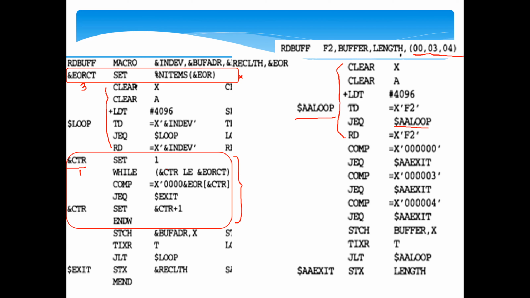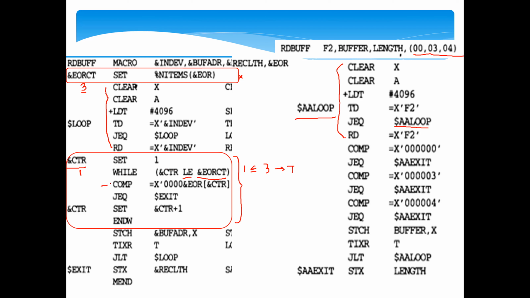So %WHILE, this is a condition: while &CTR is less than or equal to &EORCT. What is EORCT? The initial value of EORCT is 3. So while 1 is less than or equal to 3, that is the first condition. So this becomes true, right? This is the first iteration and this is true.